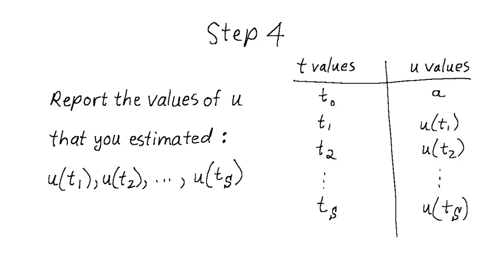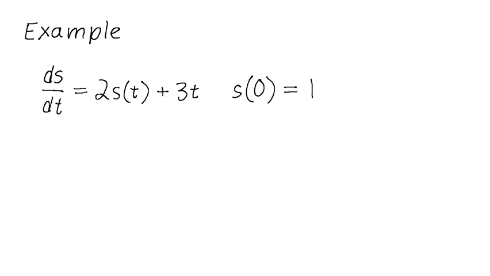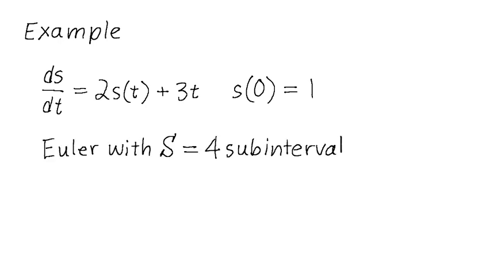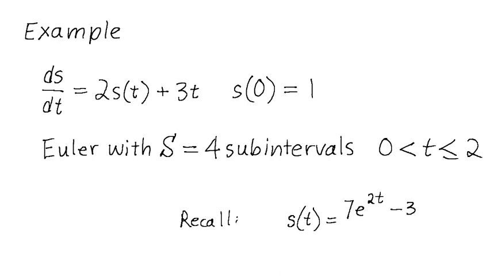We can also imagine plotting these data to get a visual sense of what the solution to the differential equation might actually look like. Now let's turn our attention back to the example we started with, and let's solve it in a systematic way using Euler's method with capital S equal to 4 subintervals. For illustrative purposes, we'll restrict ourselves to times t between 0 and 2. We'll also keep in mind that we can use the known solution as a check on the one we generate